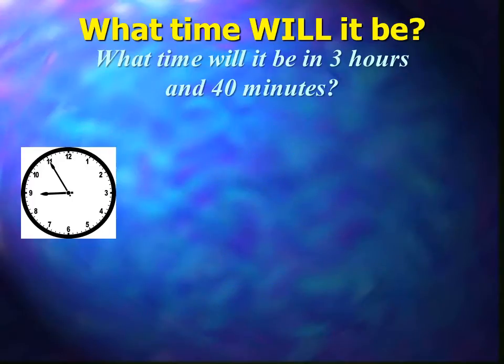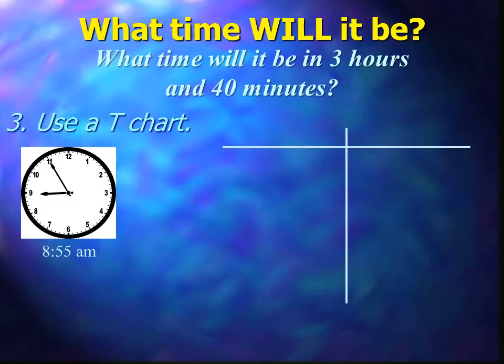Okay, here is another method. We can use a T-chart. T-charts are very effective tools in mathematics, and you can use them in a number of different ways. Here is a way that you may not have thought of with using elapsed time. First, we need to realize what time it actually is, and it is 8:55 a.m. So writing our T-chart out, we put 8:55 in one column. So now we need to add the time in